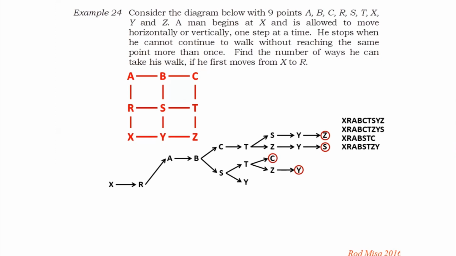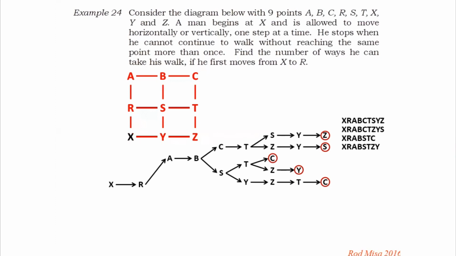And then from that point to point Z, and from point Z to point T, and then from T to C. And that's the end of his walk because he cannot move anymore since he has passed already the points B and T. So tracing the path of his walk using the diagram above through a black color, he started